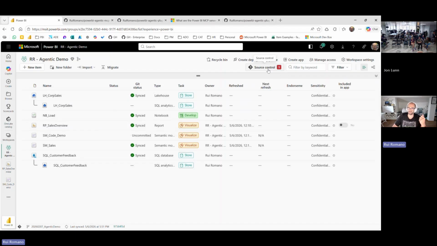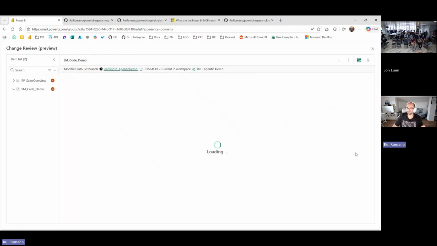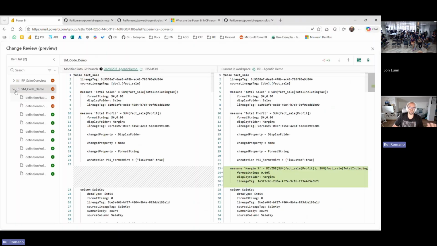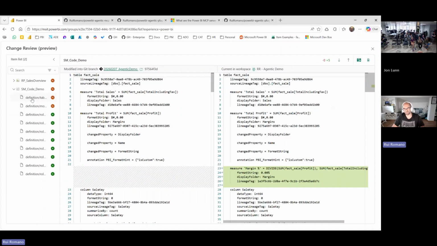But if you do have a Git repo, you can connect the workspace to Git. And this means that everything you do, you can not only undo it, but you can also commit to a Git repo, and you can even review all the changes you did with AI before making that commitment. So this gives you an opportunity to have that version control and the version history, and understand everything